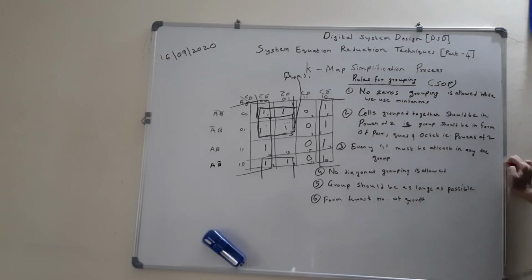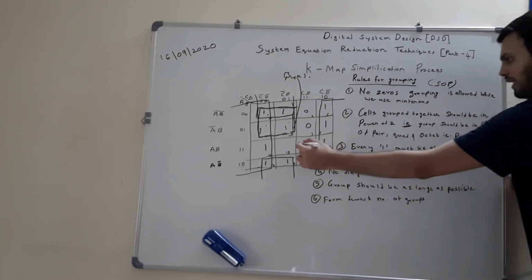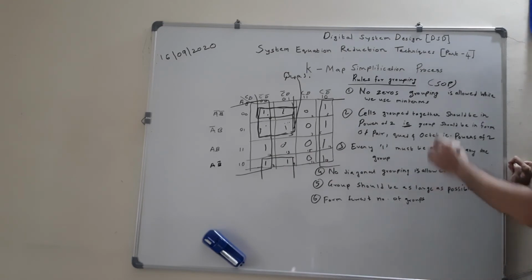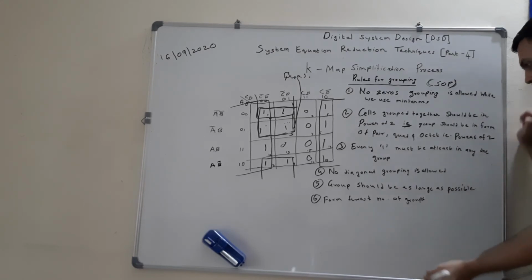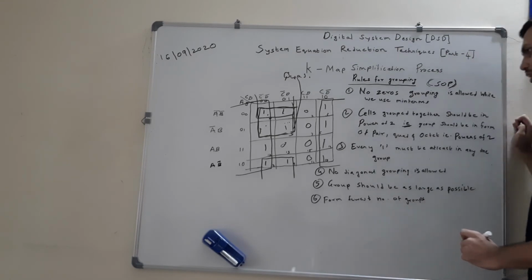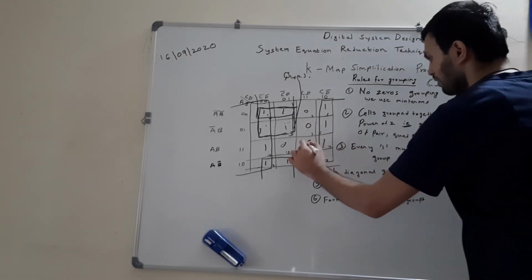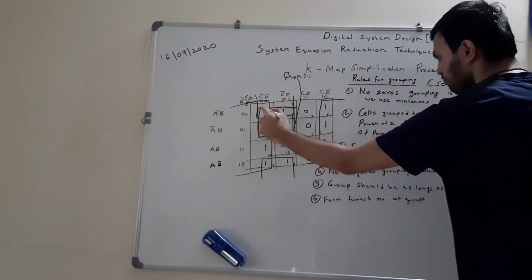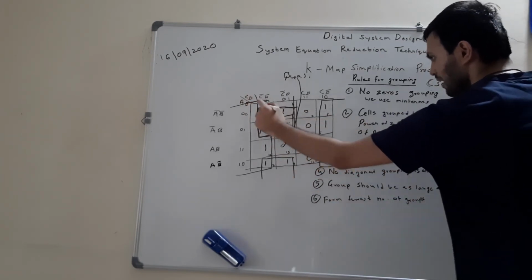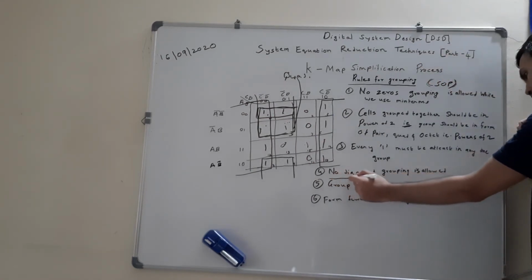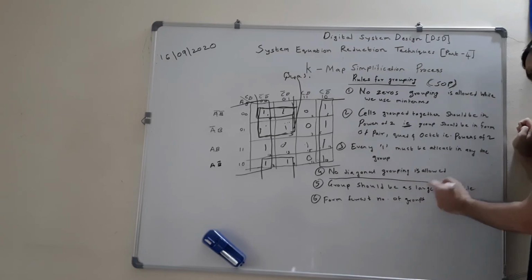Try and group the ones which we have. And there should be no grouping of zeros, otherwise you will keep on grouping zeros. When you are dealing with SOP expression or minterms, it is of no use. It is wrong. And no diagonal grouping is allowed. Now what do I mean by diagonal grouping? Let's say if here also one more 1 is present, then you can't group diagonally like this. So diagonal grouping is not allowed, it is invalid in a K-map. So you should remember, no diagonal grouping is possible.